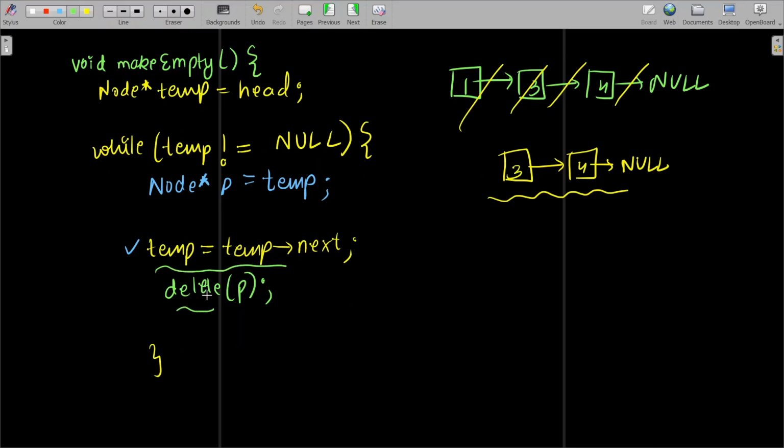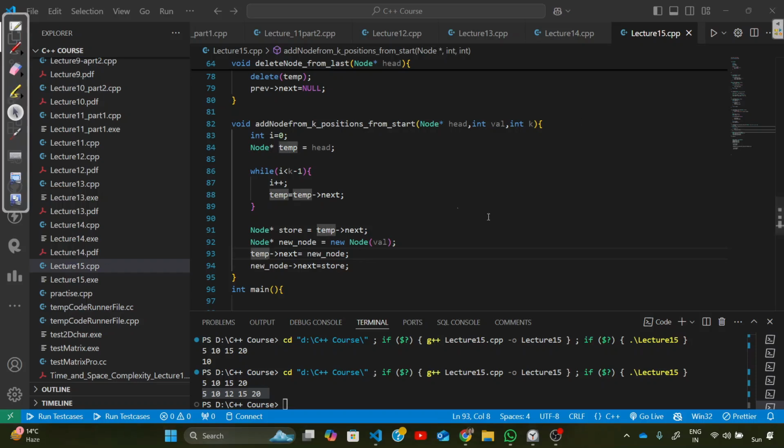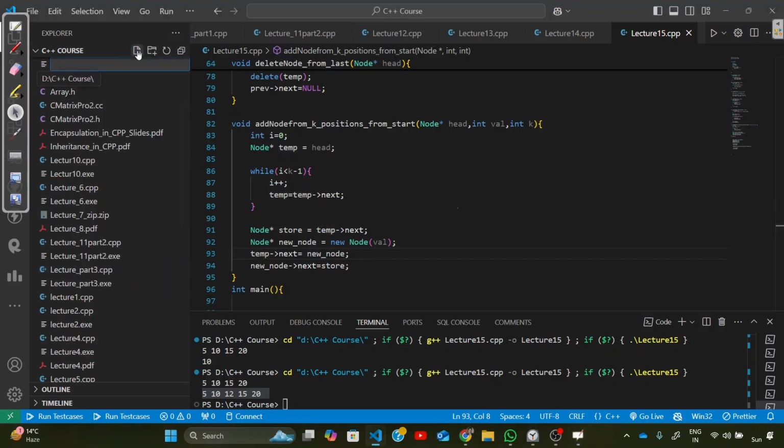This is how we have to do that. These are the functions, I think, mostly. Let's try to implement this in our code base. We will see that and then let's try to create